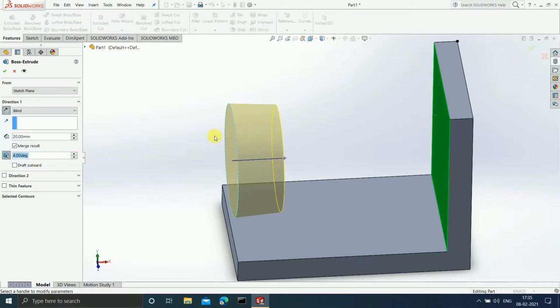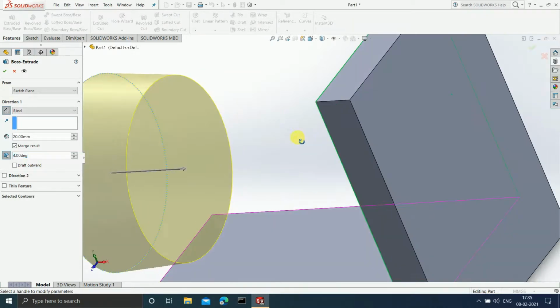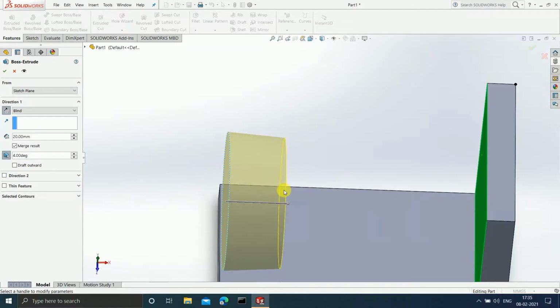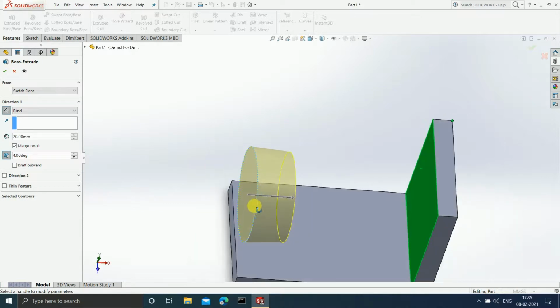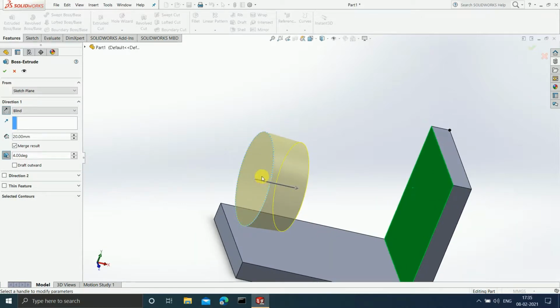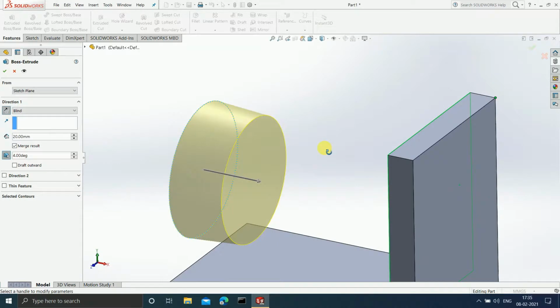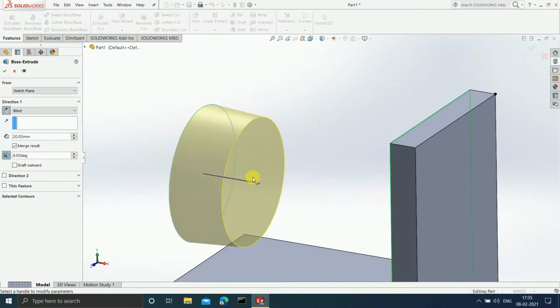Can you see, guys? The cross sectional surface area is going to decrease as we move towards the right. This is the direction, therefore as you move from left to right, the cross sectional surface area is going to decrease. See, the cross sectional surface area on the left is greater than the cross sectional surface area at the right. It is basically going to carve your extrude command at a particular angle.